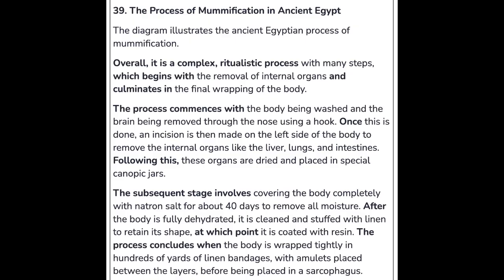39. The process of mummification in ancient Egypt. The diagram illustrates the ancient Egyptian process of mummification. Overall, it is a complex, ritualistic process with many steps, which begins with the removal of internal organs and culminates